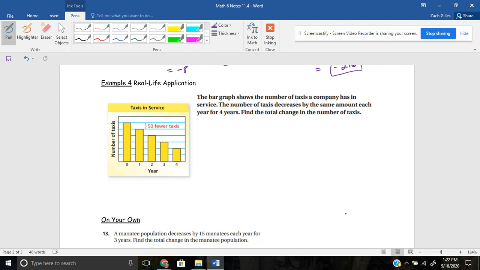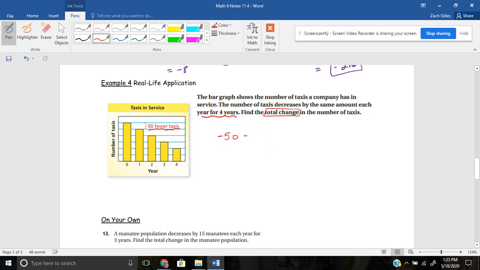All right, so we know that each year we have 50 fewer taxis, and that happens for 4 years. So all we need to do to find our total change would be take the change per year, which is 50 fewer taxis per year. So I'm going to represent that with a negative sign, 50 fewer,